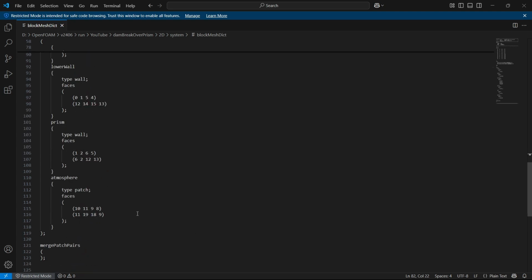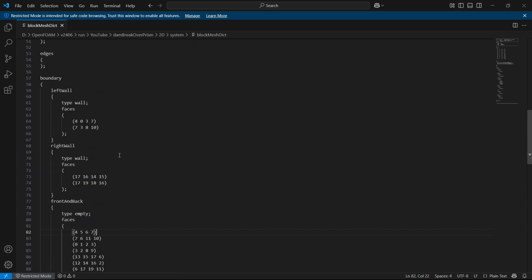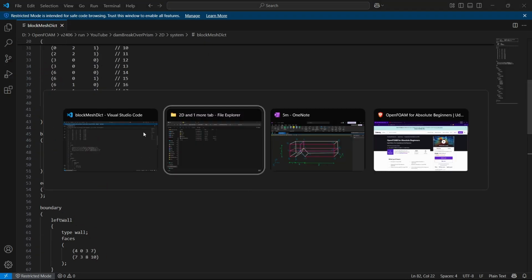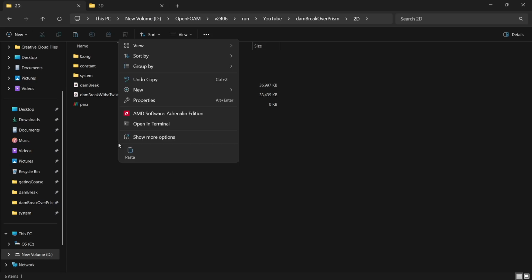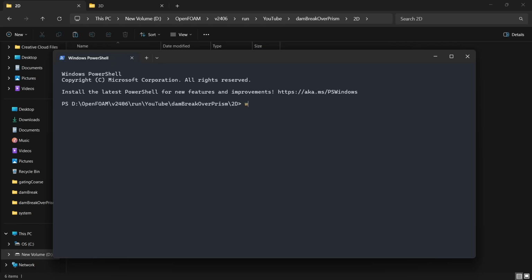So you can check what I have done here, and if you compare it with the previous tutorial on blockMesh, you'll be able to understand this easily. Okay, now let's run the blockMesh command and make the mesh. So I will open my WSL,